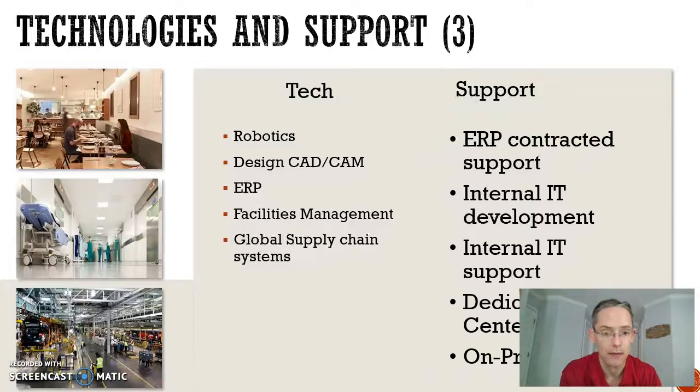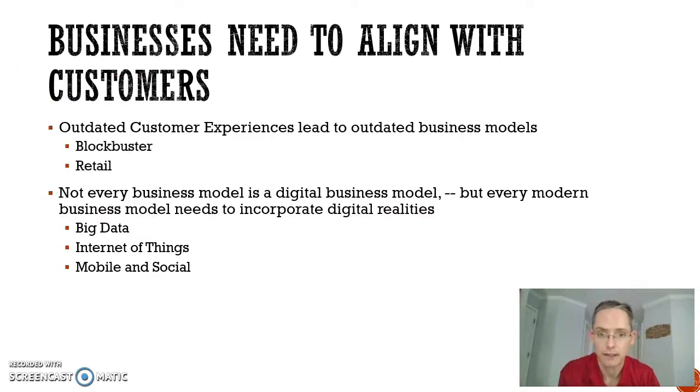Now you're dealing with robotics, design, CAD/CAM systems, enterprise resources, global supply chains, those kinds of technologies. Support's going to be a lot of contracted still, but now you're going to look at those ERPs, big systems. You're bringing in consulting companies to help with that stuff. Still have internal IT, but now it's for development and for support. You're going to have probably a dedicated data center and probably some on-premises cloud systems set up, depending on how you've